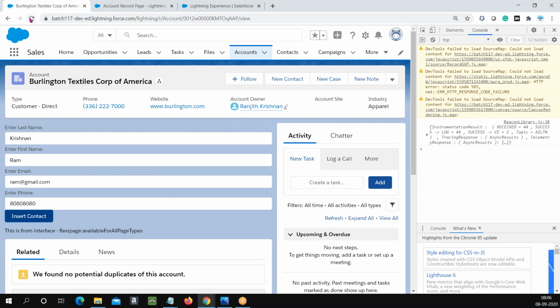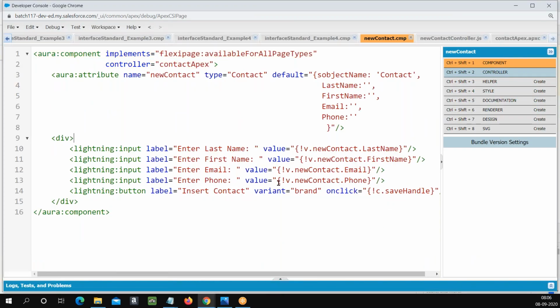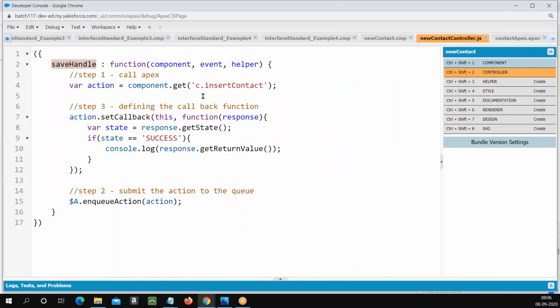Okay, maybe it's not taken. Let me refresh again. Everything else is fine. Value insert contact email. Save handle action. I can call back. Okay, it's equal to success. And then we